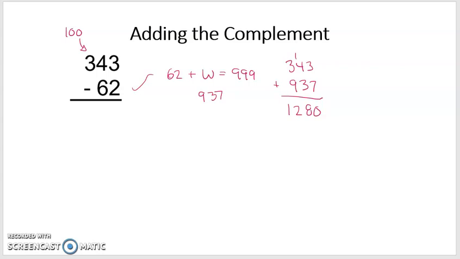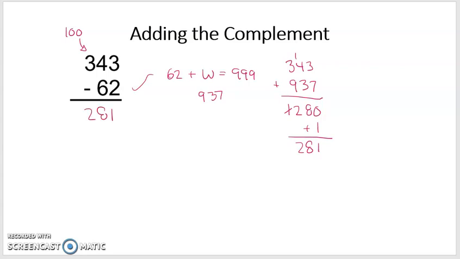Now, what you have to do to find the difference is you cross out the leading 1. There will always be a leading 1. And then you add 1 to the end. So you cross out that leading 1. You're left with 280. 280 plus 1 is 281. And that says that 343 minus 62 is